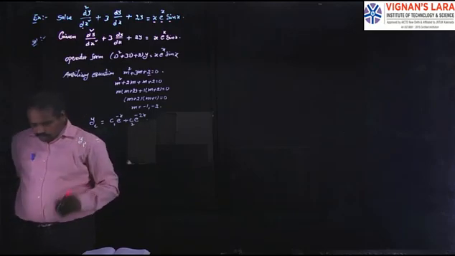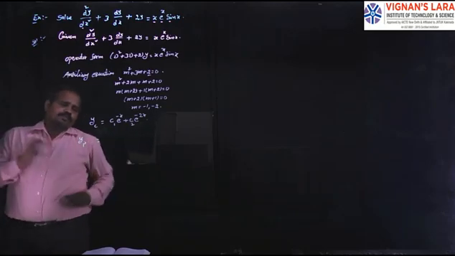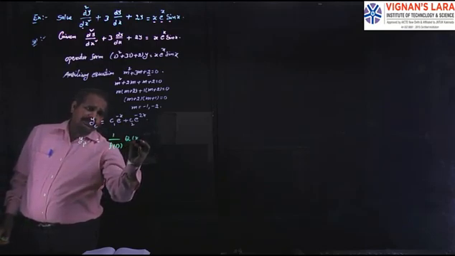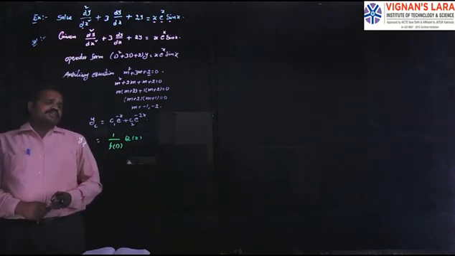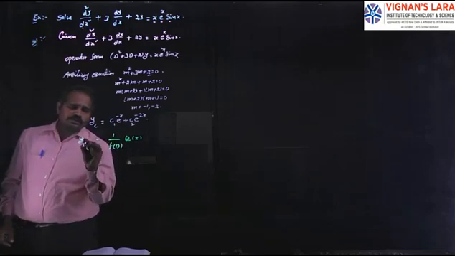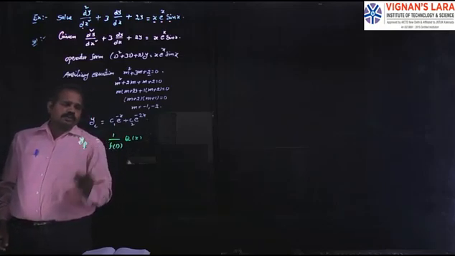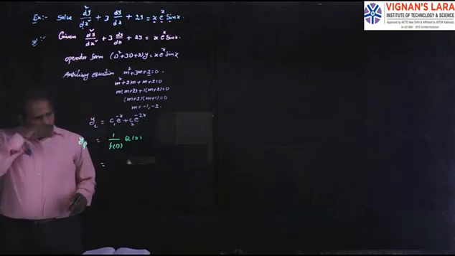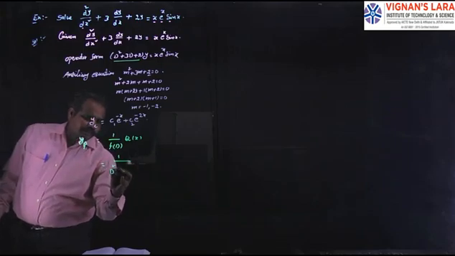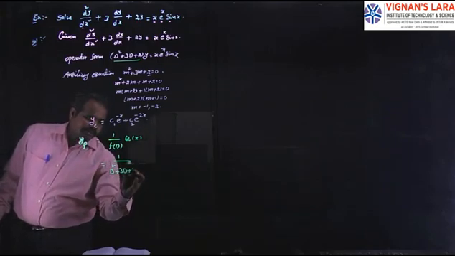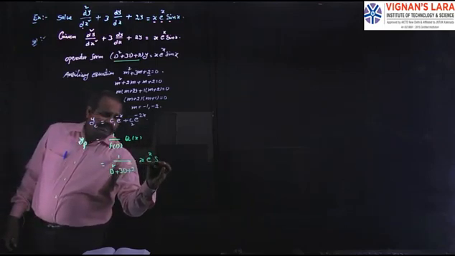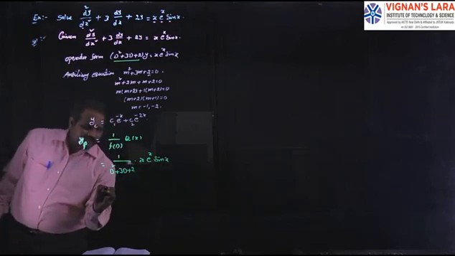yp is equal to, so what is the formula for yp? 1 by f of d into q of x. So we are calculating the yp value here. yp is equal to 1 by f of d into q of x. What is the value of f of d? 1 by d square plus 3d plus 2 into the q value, x into e power x into sin x, which is equal to